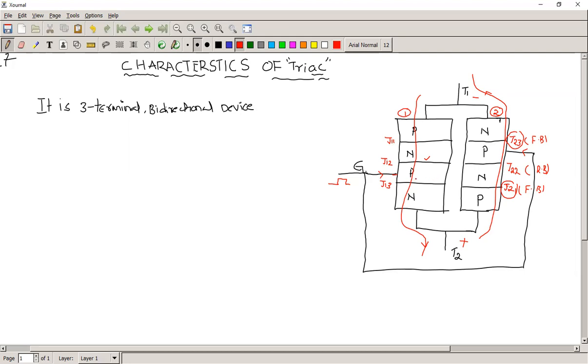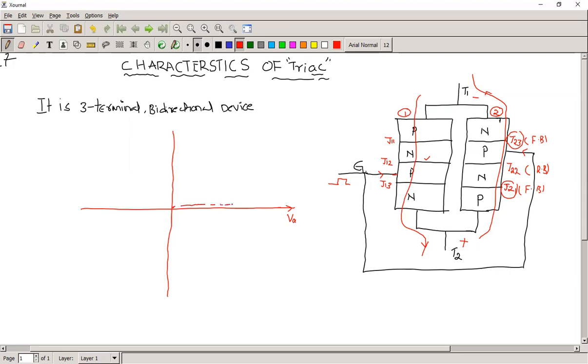The characteristics of the triac are similar to the SCR only. In SCR, we have seen if we draw the static characteristics, this is the y-axis, this is the x-axis. On the x-axis, we have taken the anode voltage. If you do not apply any gate voltage to the terminal, initially the leakage current is passing through